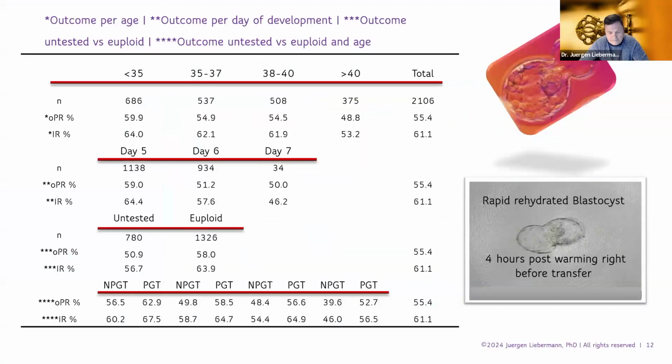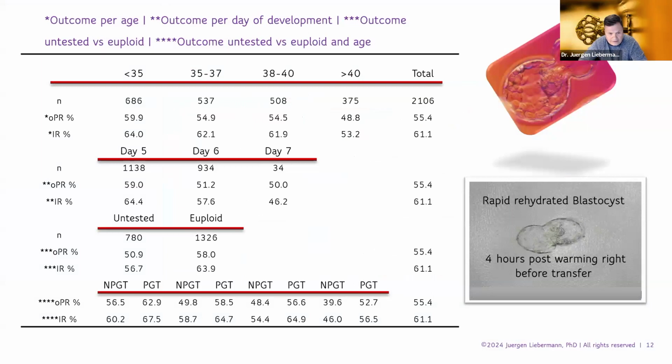When we look at ongoing pregnancy, and this is based on 2,100 transfers and implantation, you see here you can expect ongoing pregnancy of close to 60% for under 35, with a 64% implantation. It will drop with age, but still, if you go to 38 to 40, it's still 55% ongoing pregnancy with 62% implantation. We looked also, besides the age, at the day of development, day 5, day 6, day 7,